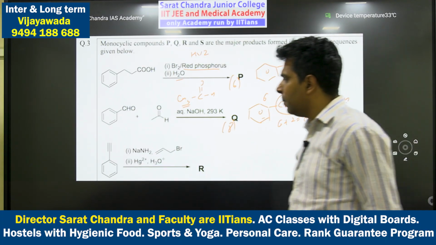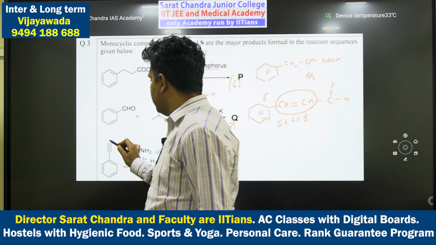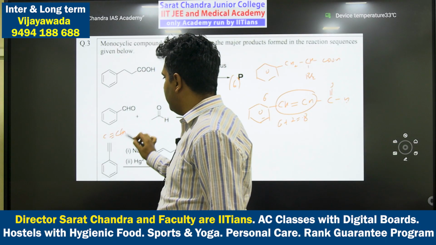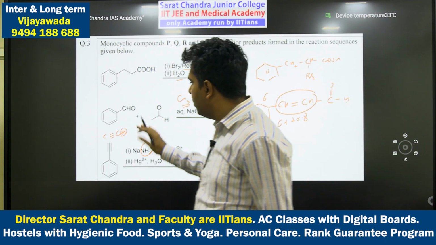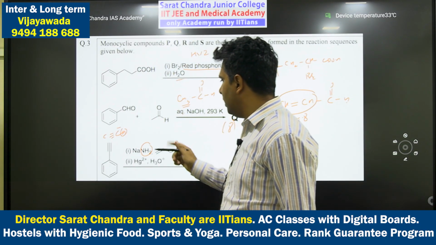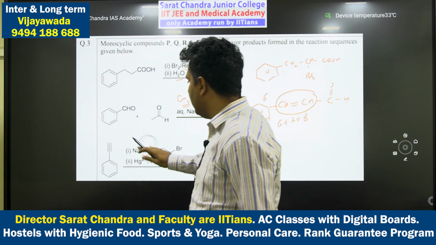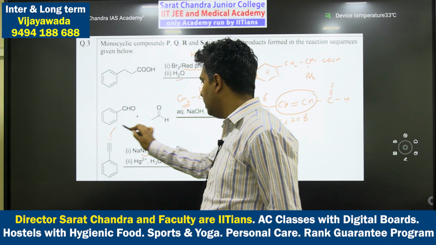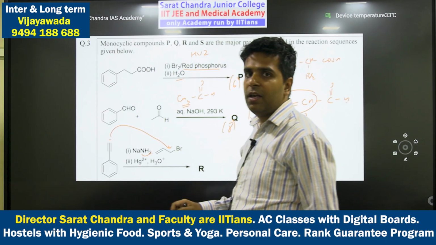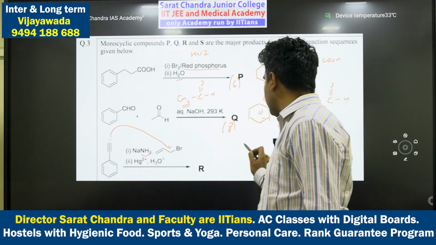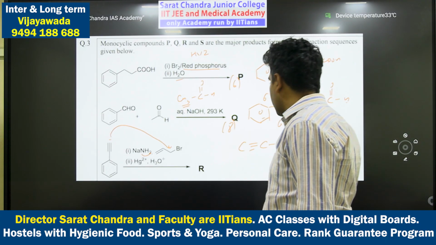Now in the third one, this is a terminal alkyne, C triple bond CH. So NaNH2 is a base that will take this acidic hydrogen. After the acidic hydrogen is taken by this NH2 base, the carbanion of the terminal alkyne will act as a nucleophile and will do the substitution of this bromine. So this bromine will be substituted and